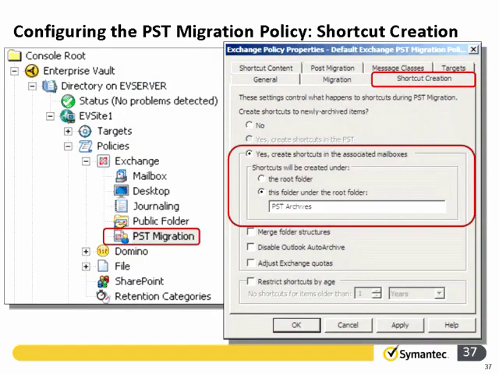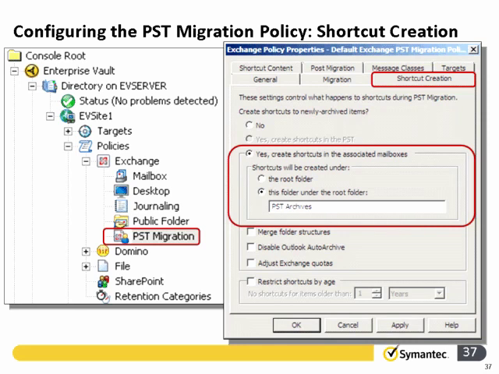To configure, now we've gone back over to look at the PST Migration Policies. Here in the Enterprise Vault Administration Console, we've shown you that under your directory, under your site, under your policies, and for Exchange, there's a PST Migration Policy. We've opened up the properties. And again, we're going to be migrating these PST files, and the users are going to see them in their archives. So you have to determine whether or not you want them to be able to recall these items from